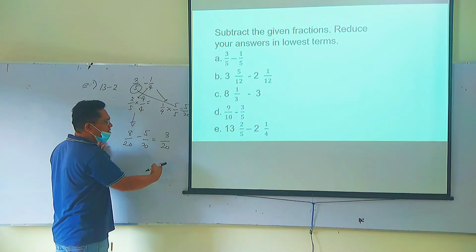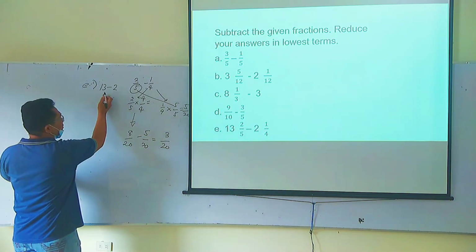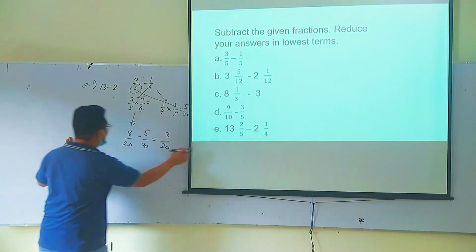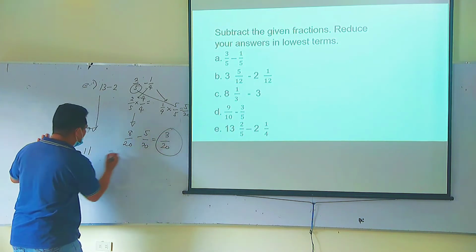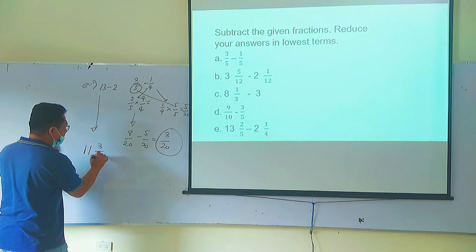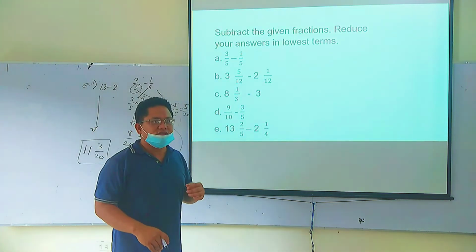It cannot be processed further, so this is the simplest form of the fraction. So 13 minus 2 for the whole numbers is 11. Combine these two. Our final answer is 11 and 3 over 20. So that's how we subtract fractions that are similar,